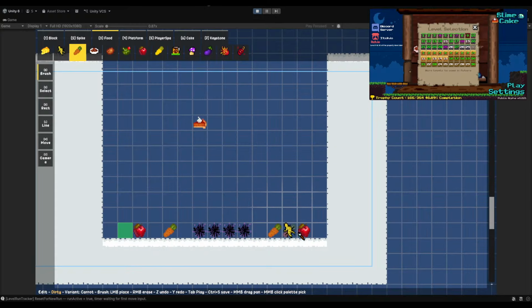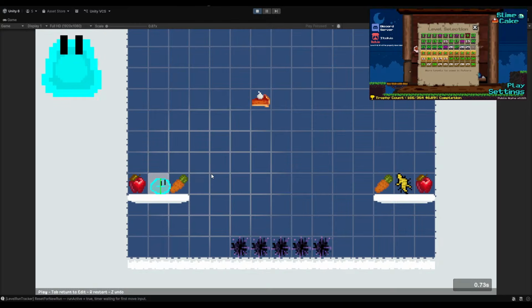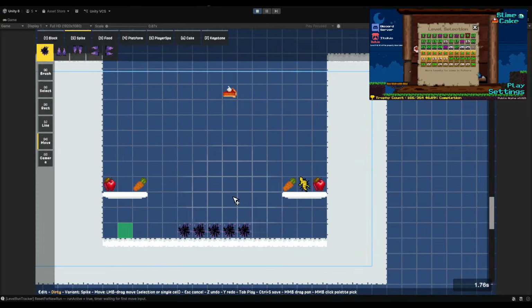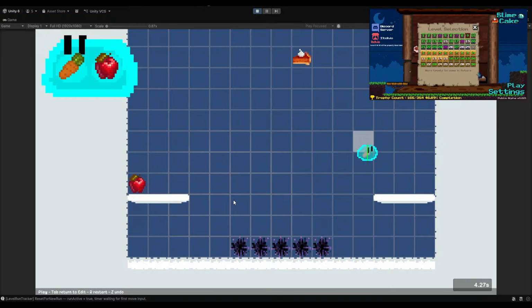This is a little annoying because players have to land and then not accidentally pick up the wrong food. So I think what I'll do is I'll have a platform and we'll put the food here. I actually like that. This way now it's pretty clear that, hey, you need to use something. Well, we won't have the cake here. You need to have something to go across the spike. Get this. You can either use carrot or you can use apple to get across.